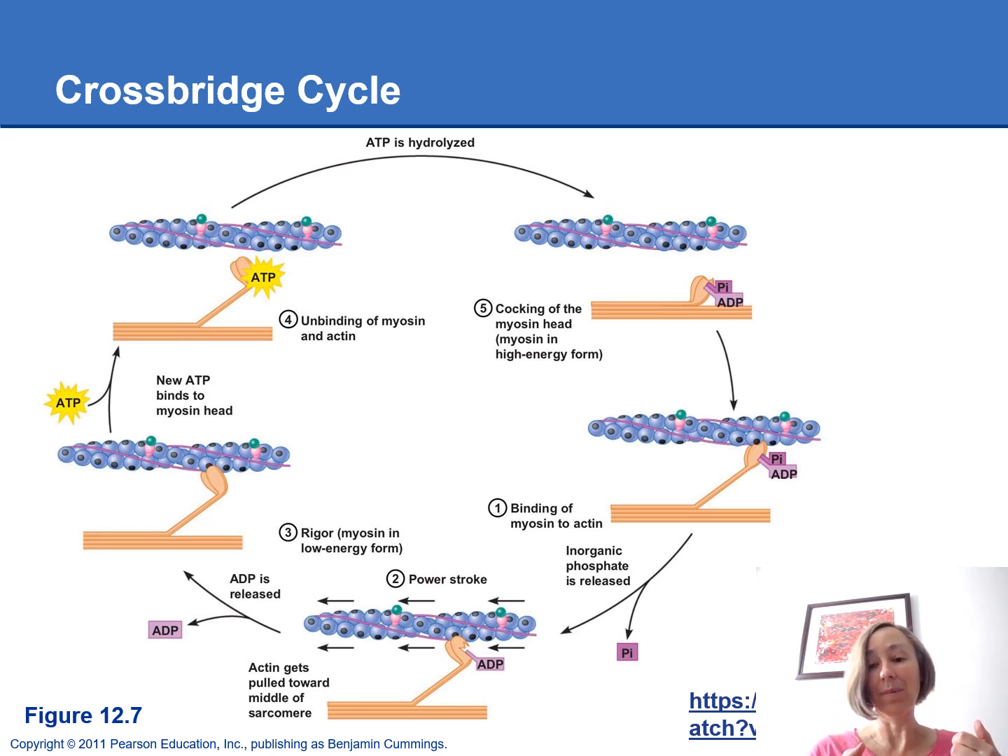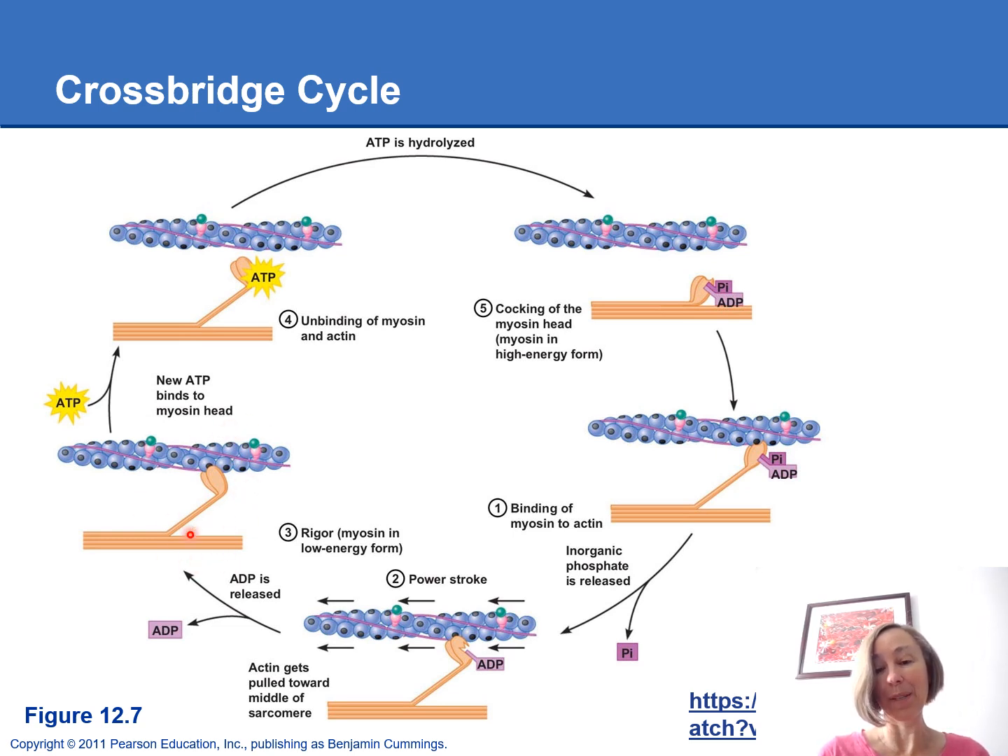Okay, so our little cross bridge or myosin head, like a slingshot, is just going to grab onto the thin filament. It's just going to rotate and pull that thin filament towards the middle of the sarcomere. Okay, and it will just stay in that position, and that's called rigor. Okay, so it just stays there like this